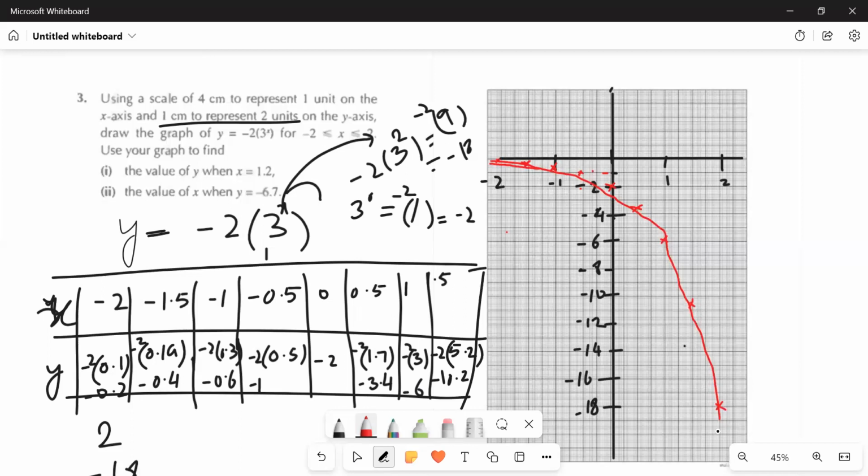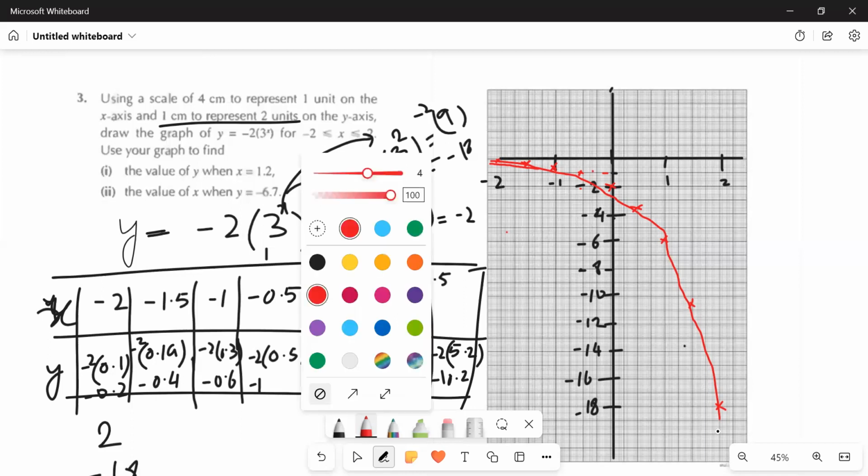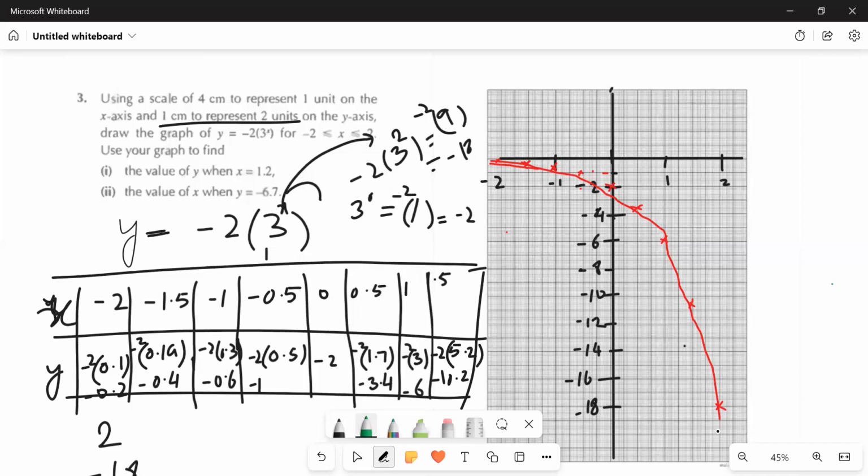So X is 1.2, sorry, 1.2. So this one is 1 and this one will be 2. 1 and this is 0.5 and this one will be 2. So according to this, if we draw the line,